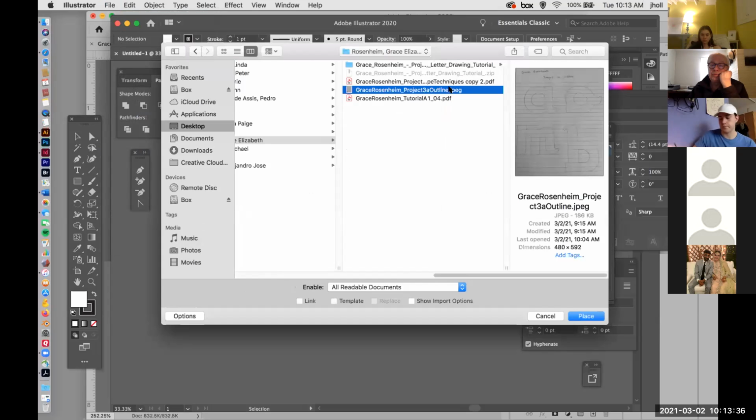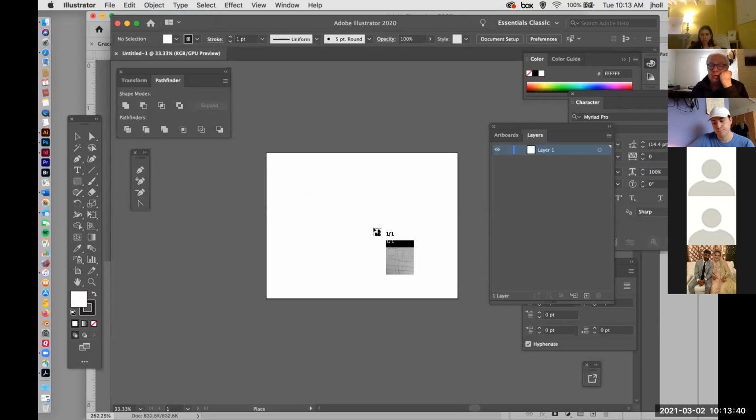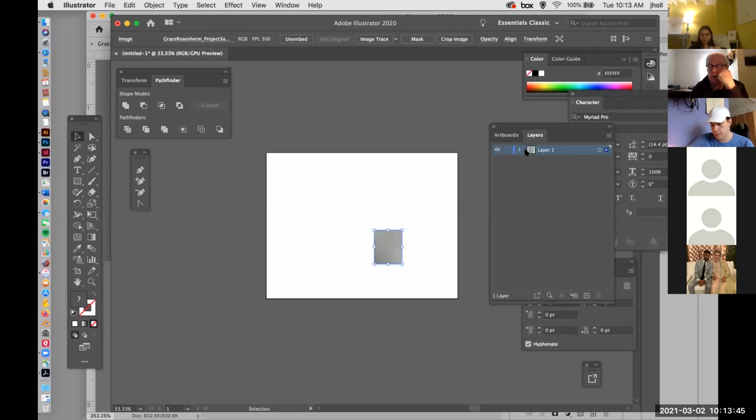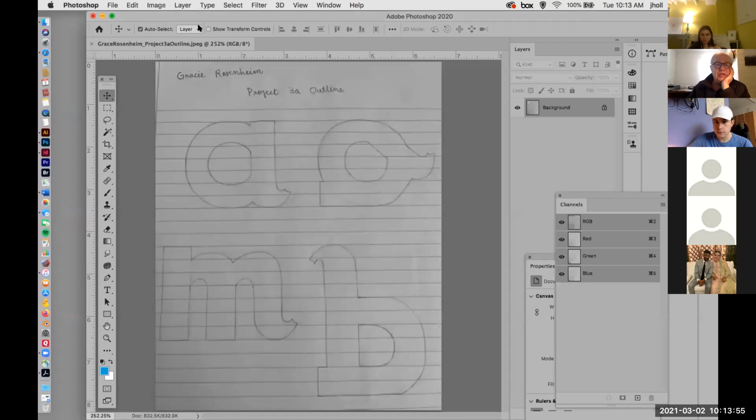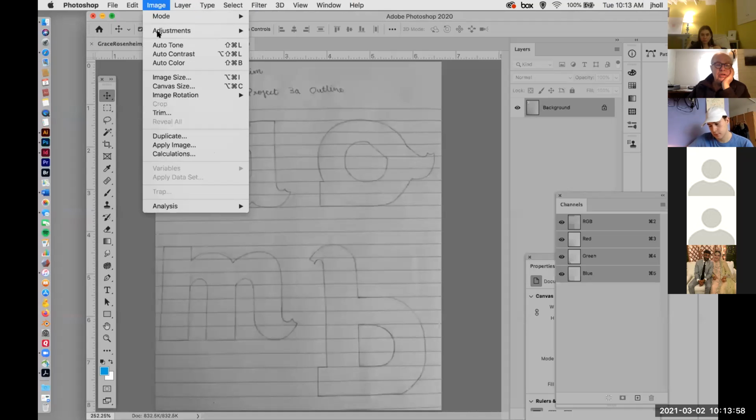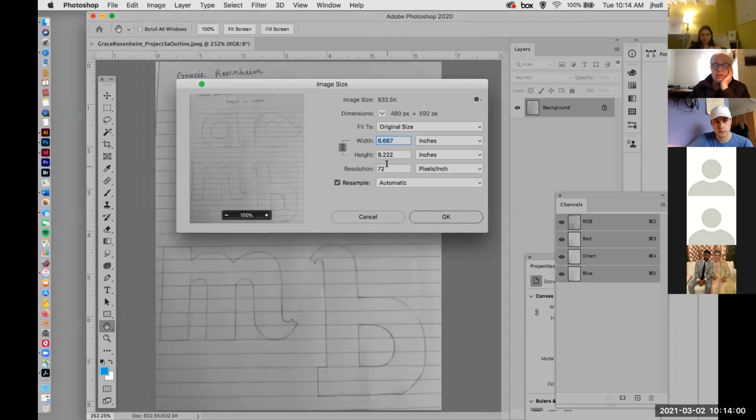There it is. Now I'm going to place this. Oh, except I did it wrong because it's on that layer. Let me do this again so I get it in a template. Now it came in there very small because this image size is 6 by 8 by 72, so the resolution